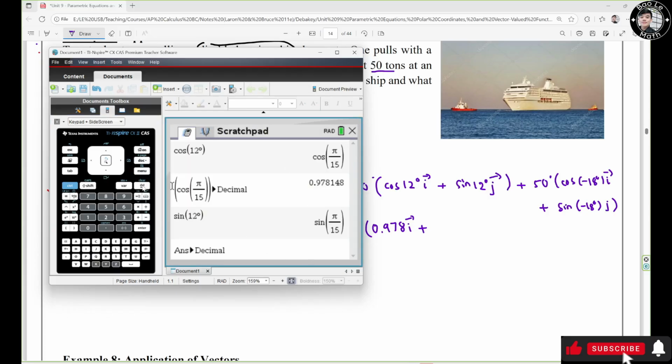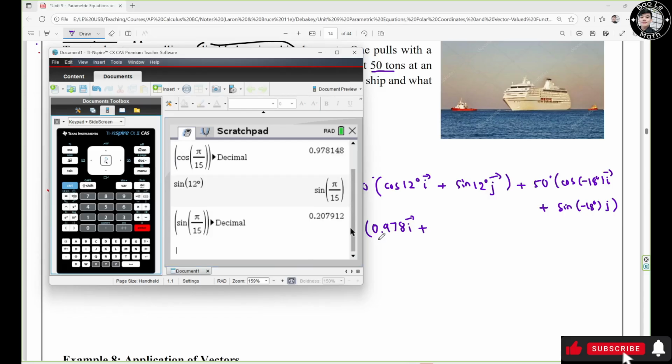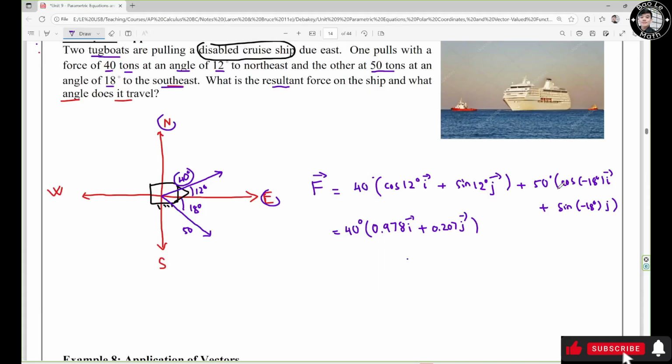So I hit enter, the answer 0.207. Now you're going to do exactly the same thing for this guy. So I'm going to combine like terms. I'm going to take 40 multiplied by this guy right here, and then I'm going to add 50 multiplied by this guy. So you just use the calculator. The answer should be